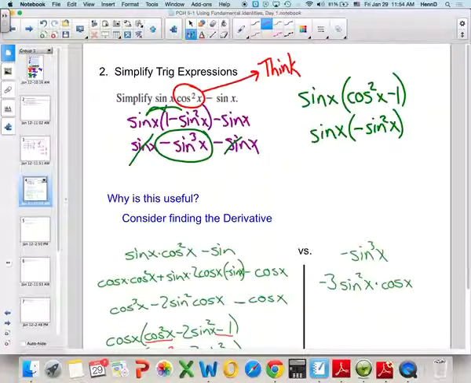Whether you see a sine squared, a cosecant squared, a cotangent squared, you're not necessarily always going to use a Pythagorean identity, but when you see a squared trig function, think Pythagorean. Okay? So, now,